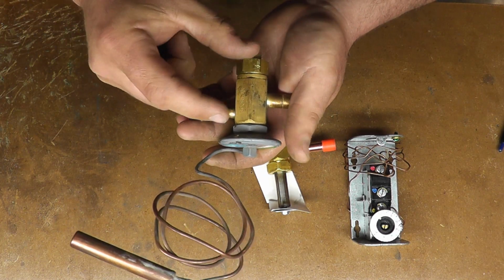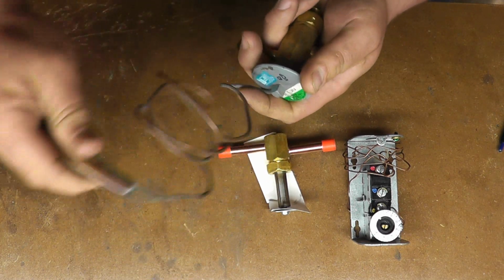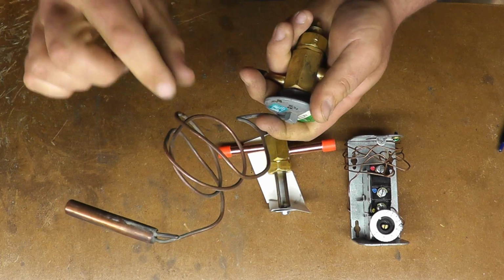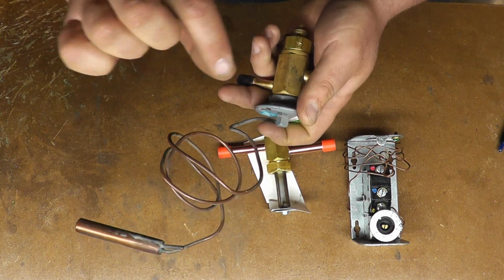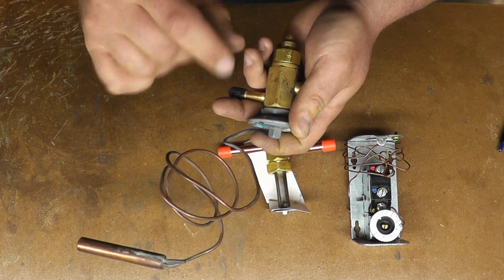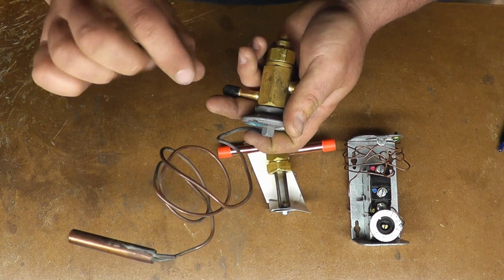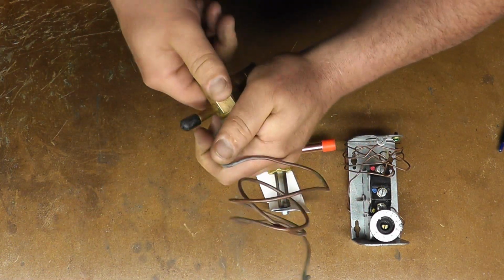Because they're really tiny. They have a special cartridge that sits in the side, and this cap tube, you can see how thick this is. The tube on those is ridiculously thin. It's about the diameter of a paper clip, and it's not even as stiff. So anyway, just to show you how this works,